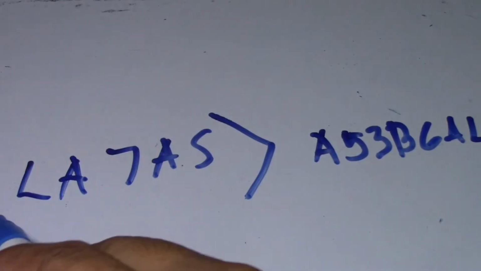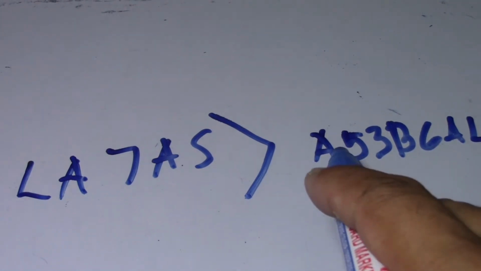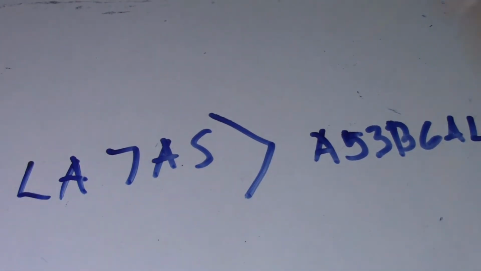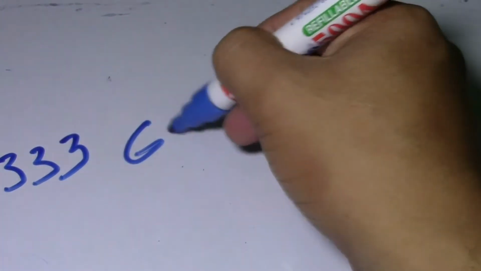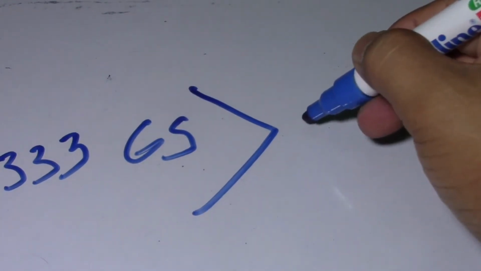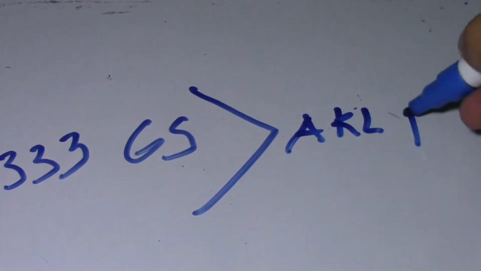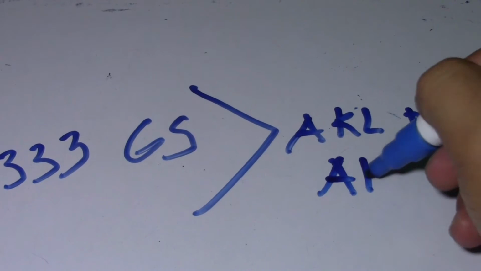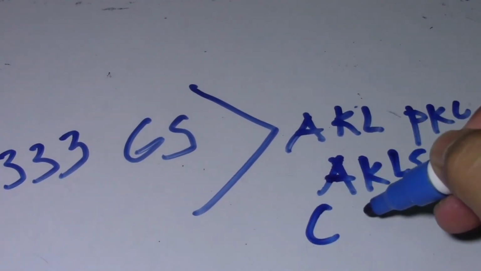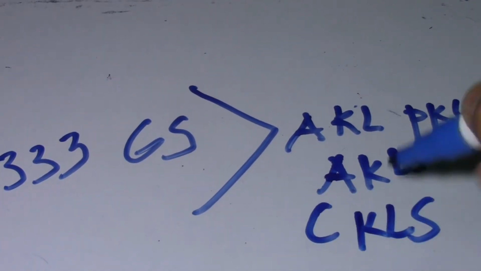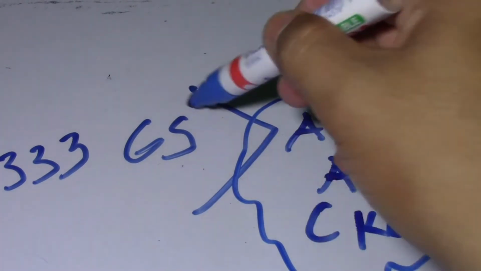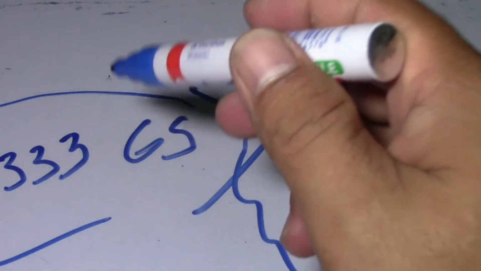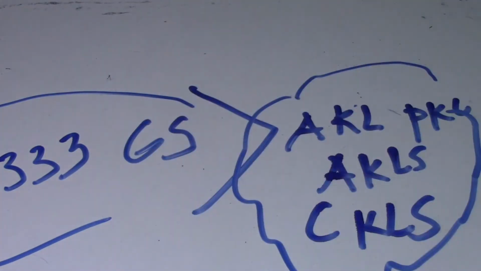So this is a specification and this is the description. A53 Grade B, A333 Grade 6. This material specification is for the pipeline: A106, API 5L, A106 B, and so on. So this is the specification and this is the description. So this is A333 Grade 6. So this is P1. Okay, so all of this is P-number P1.